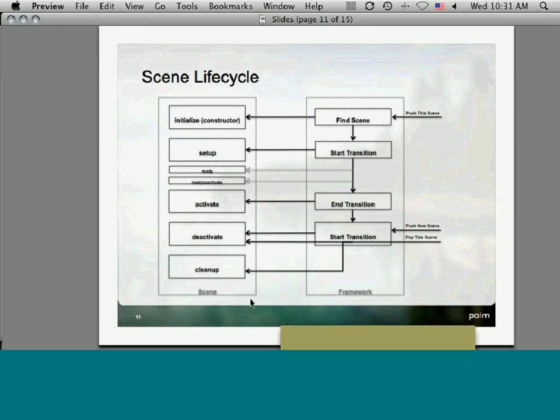On this slide, on the left, I have a diagram of the different scene methods shown here, starting with the constructor function, which I just briefly showed you in the code, setup, activate, deactivate, and cleanup. These were actually used in the template. And there's a couple others here, which I'll explain in a moment. On the right-hand side, I have the framework's scene lifecycle and what the framework is doing and when it's calling those methods. So when a scene is pushed,